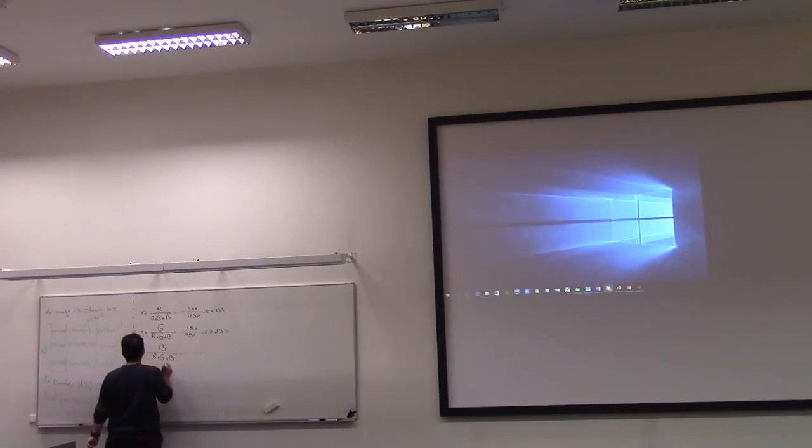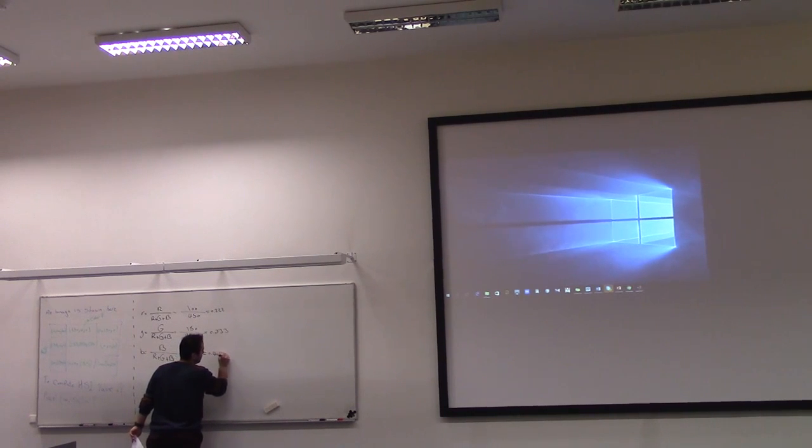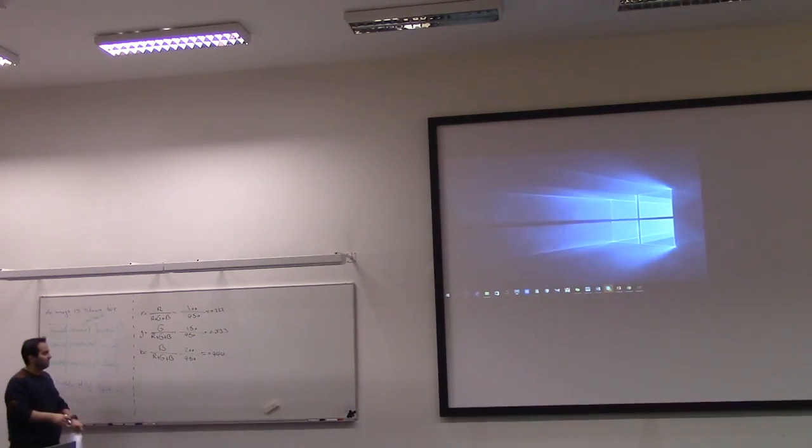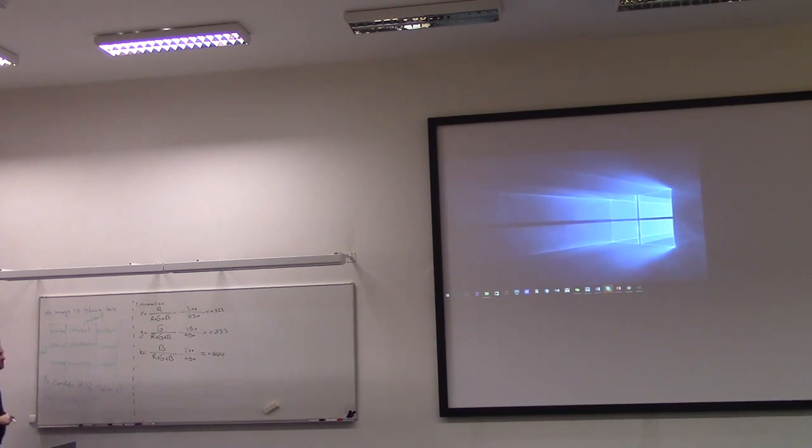For the last one, for the value of blue, we have 200 divided by 450, which is approximately 0.444. Okay, first we normalize it. After normalization,